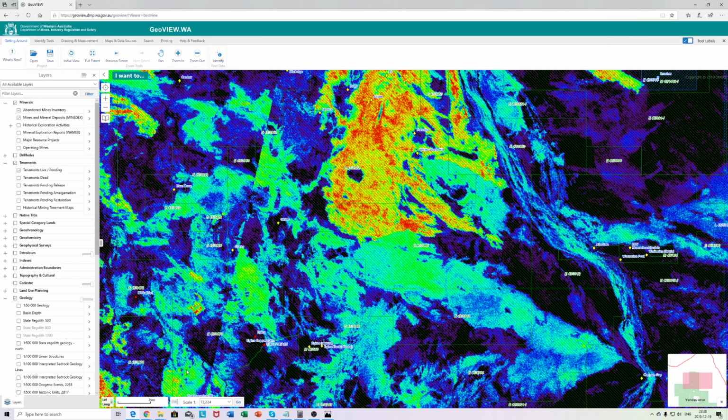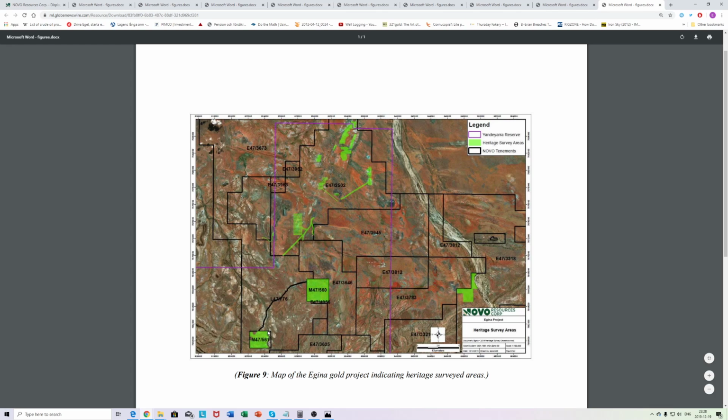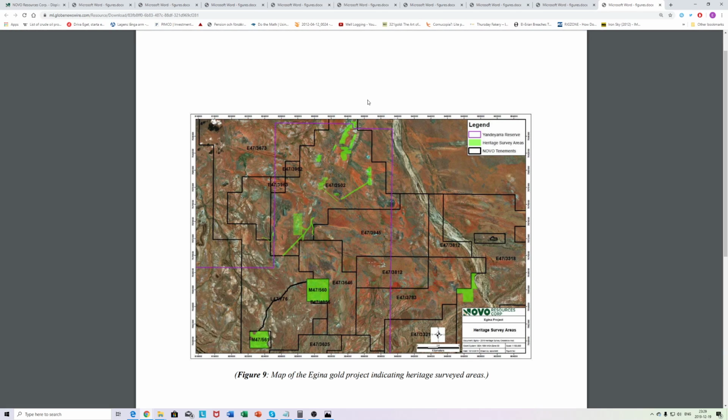Okay, so where did they do heritage surveys? Basically they did it in northern parts, southwestern parts, and southeastern parts. So that's kind of good to see, because they would be testing basically the fringes of the central Egina area. We get loads more area. We get more of the gray land that stretches 1,000 square kilometers up here, and we have even more land closer to the coast. And according to people that were present at the AGM, they picked up even more ground,